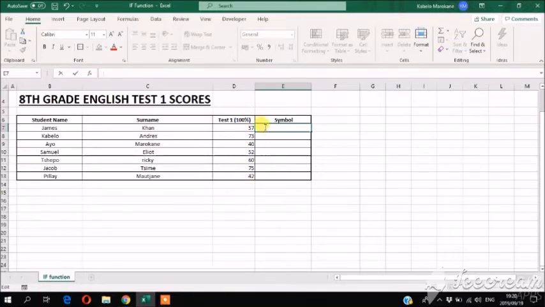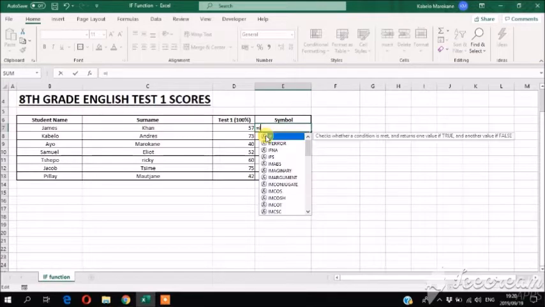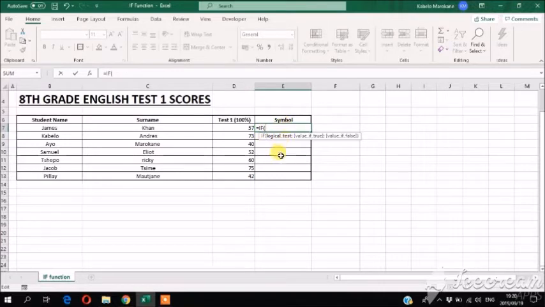The first thing that we have to do, as we know by now, is to start off with an equal sign, and then type in IF, double click, and then our logical test is cell D7, because it is the cell that has the first test score. So if D7 is greater or equals to 80,